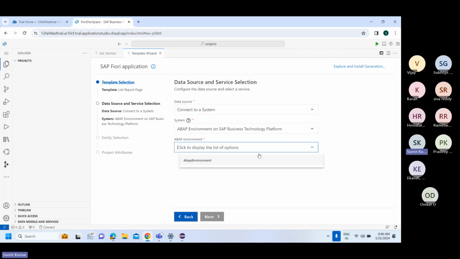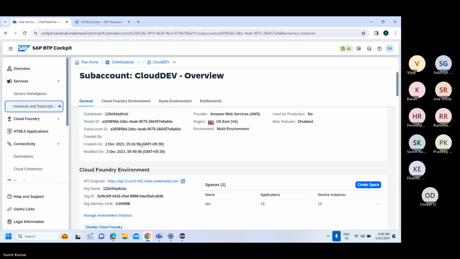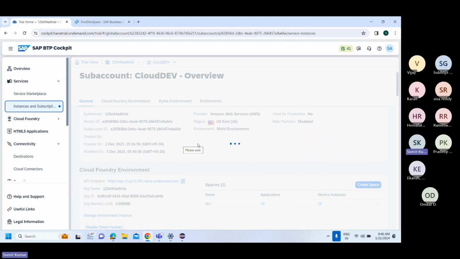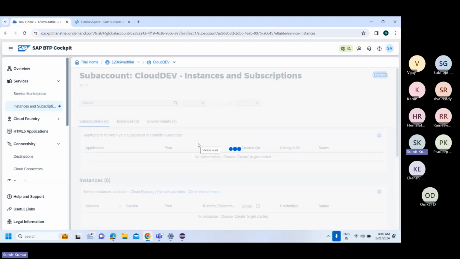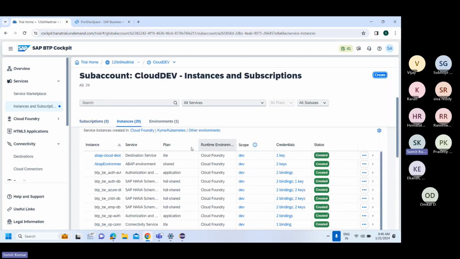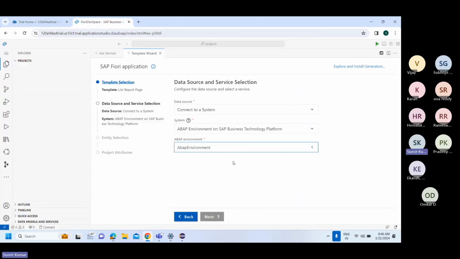Here you can see the name of your ABAP environment that you would have configured. For example, the name of the ABAP environment that I have configured is ABAP environment, the one which exactly is being shown. It can be anything based on how you have named it. For example, this one, right? So I'll just select this,